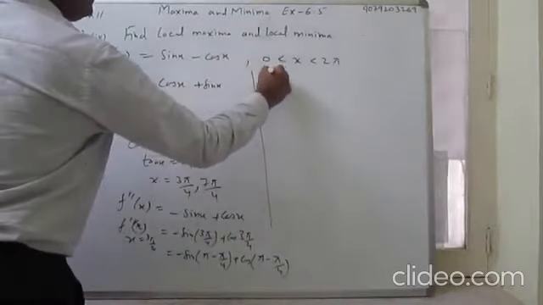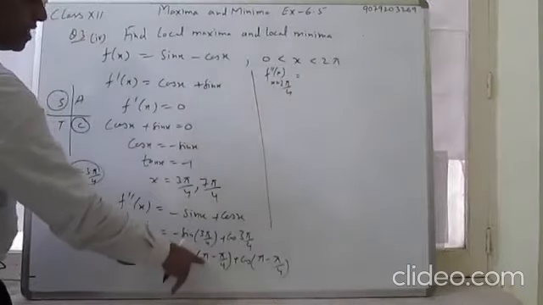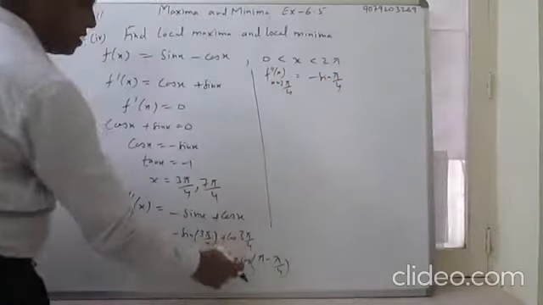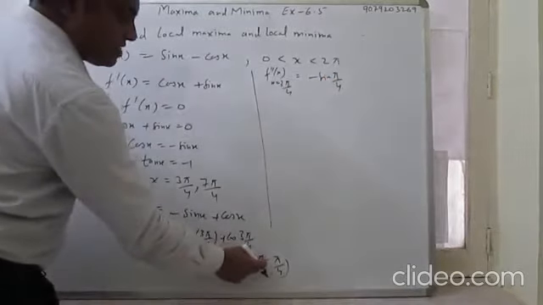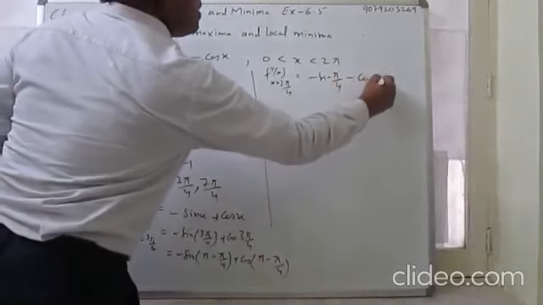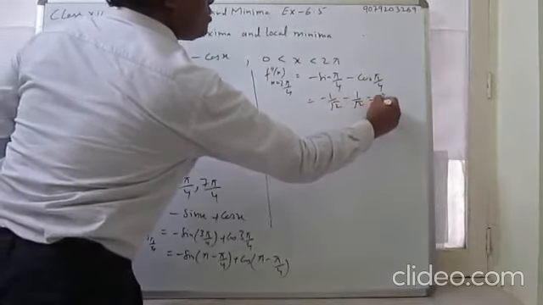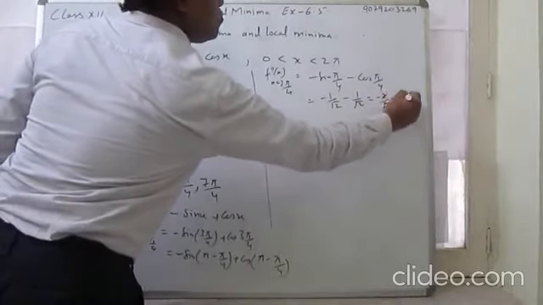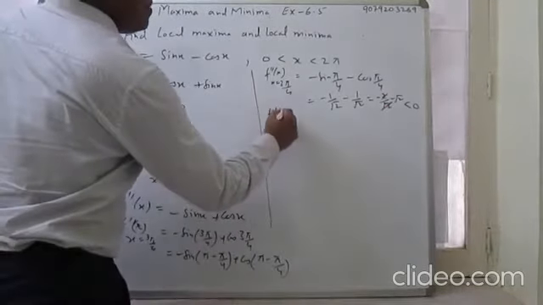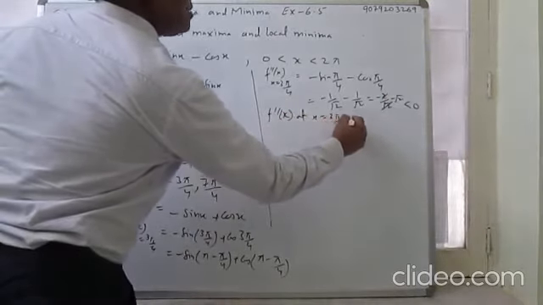Now f double dash x at x is equal to 3 pi by 4. Sin is positive in the second quadrant, so minus sin pi by 4. It is the second quadrant, sin is positive, so cos is negative, minus cos pi by 4. So it becomes minus root 2, minus 1 by root 2 minus 1 by root 2 is equal to minus 2 upon root 2. So it is minus root 2, it is less than 0. So f double dash x at x is equal to 3 pi by 4 is local